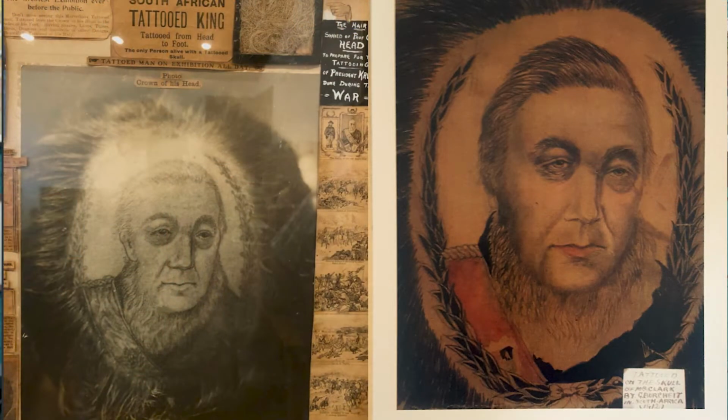George Burchett was asked to come and tattoo in South Africa by some clients, and when he did here, he was just up the road from Professor Clark's studio, and they became close friends. And he tattooed J.T. Clark quite a bit. I think most of his work was done by George Burchett. He even did a portrait of Paul Kruger on JT's head, and that is quite an amazing thing. I mean, he was British to begin with, and Paul Kruger stood for the Boers. He was the Boer or the Afrikaner president at the time, but he actually was quite a large figure. For those of you who don't know who Paul Kruger is,